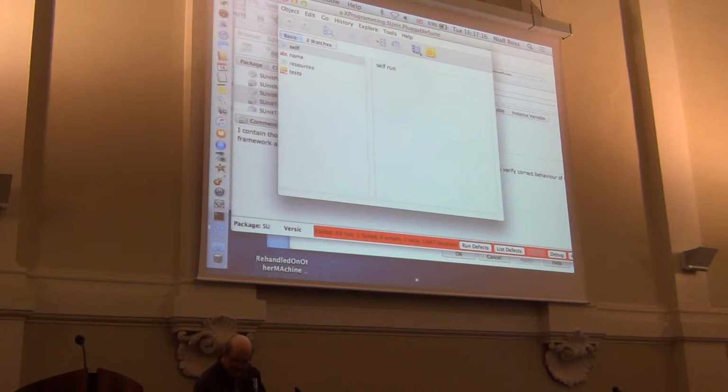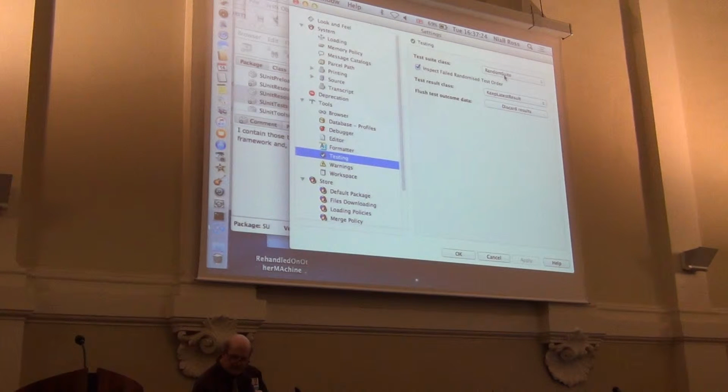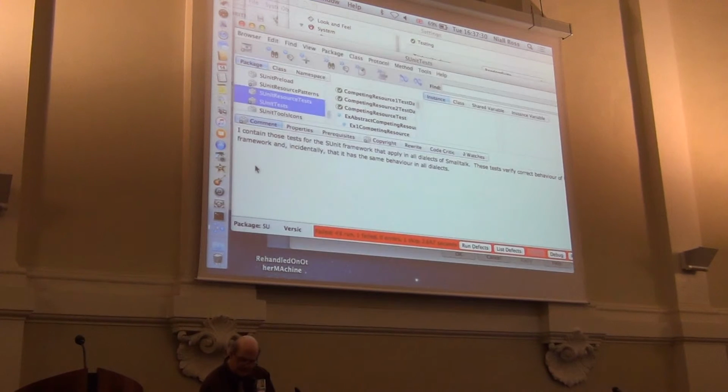It doesn't sort of sometimes pass and sometimes fail. This particular one will always fail. And another thing I'm doing here is I'm now using a random sweep, but I'm also using my keep latest result, which gets the results. So when I run here, this will probably pass, and